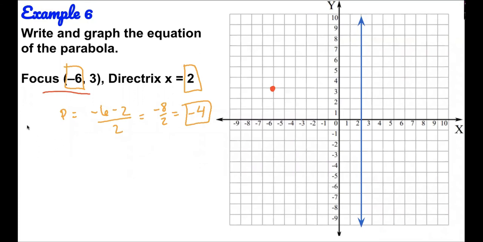So I'll let you guys give me the value of h in this case. So our focus, h plus p. Okay. H plus p, we know it's going to equal -6. And we know that p value is -4. So h minus 4 equals -6. And my k value is 3. Let's see what you guys get for h. H equals